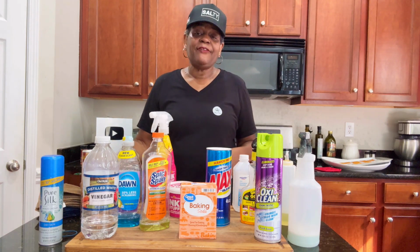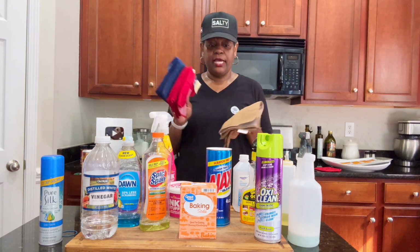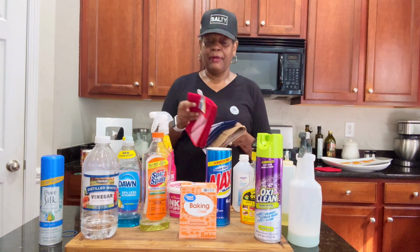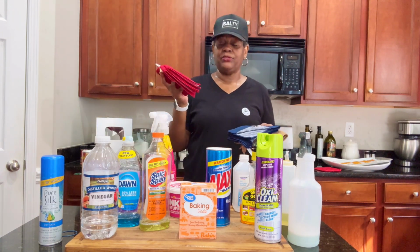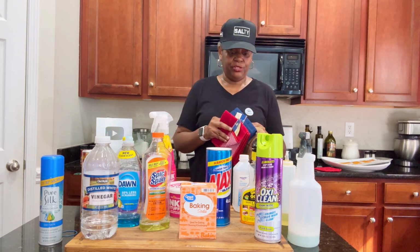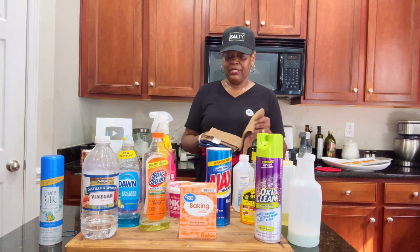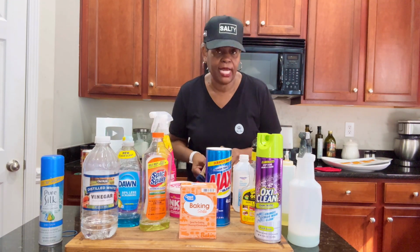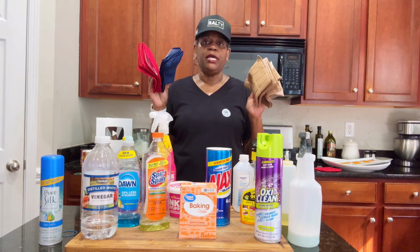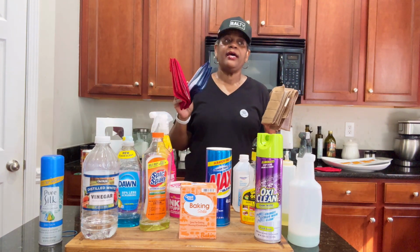And the best thing for cleaning, I don't care what it is, are microfiber towels. You can get some every time at the dollar store. So every time I go to the dollar store and I see more that are there, I grab some, because you get two for $1.25, and I'm cleaning with them. So I don't want to spend a lot of money on a microfiber towel. But it was a long time before I really got the hang of it and used microfiber towels, because